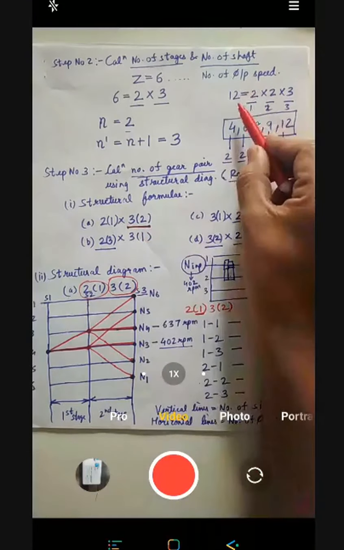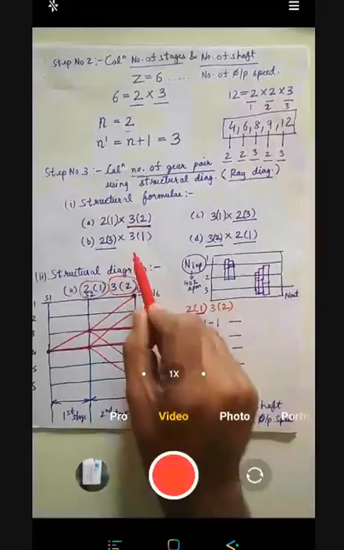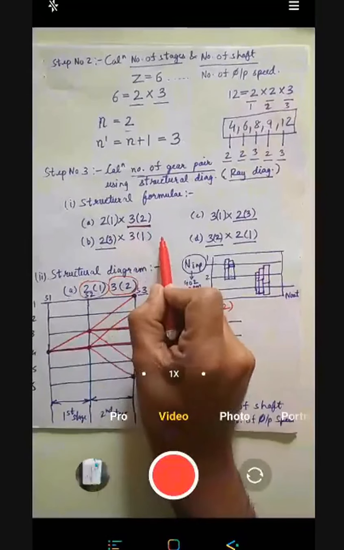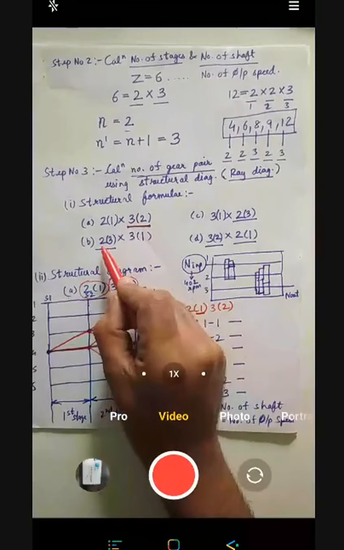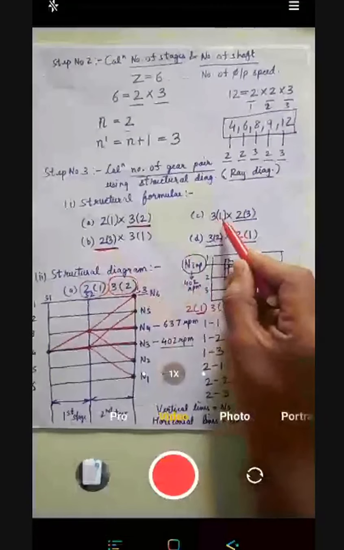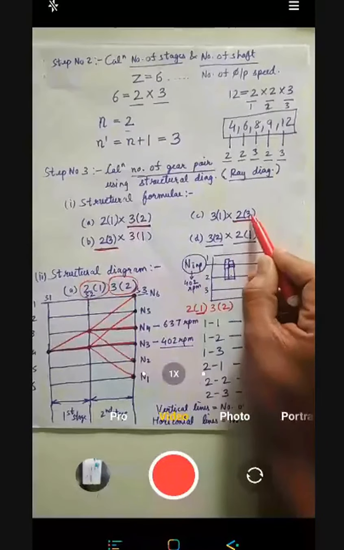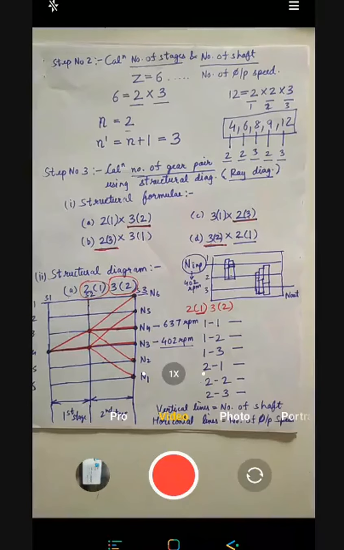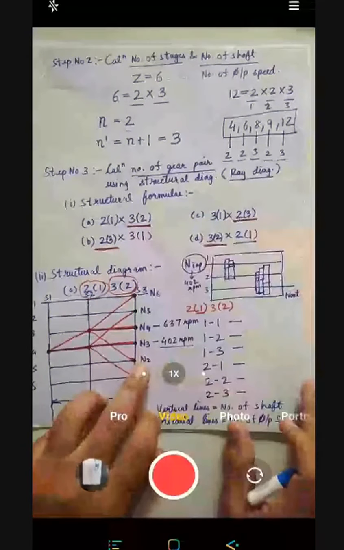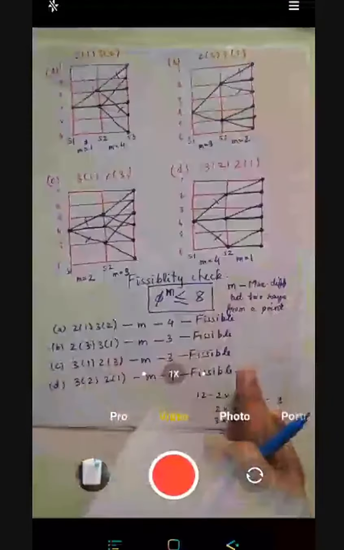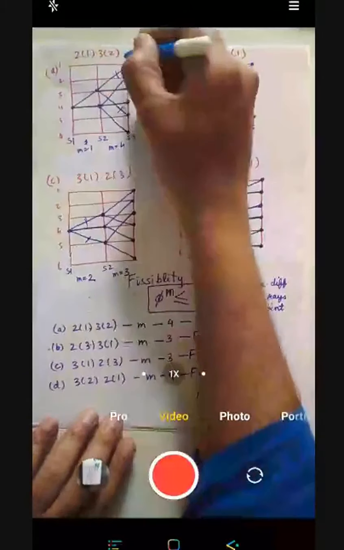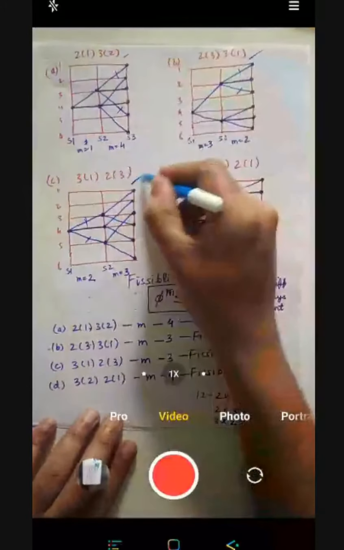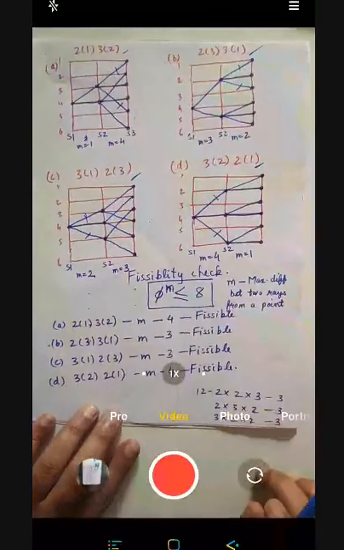But if we have a 3, then we will see how to move backward and forward. So 3 into 1, we write on the front side; there is nothing, so we write it backward, and here you got 6. Similarly, 3 into 1 is 3, so 2 into 3 is 6. 2 into 1 is 2, we write 2 here, and 3 into 2 is 6. This way we formed 4 structural formulas. Based on these structural formulas, you have to make structural diagrams, and we made them for all the structural formulas. These are the diagrams: structural formula number 1 diagram, and structures 2, 3, 4. I have explained how to make them.